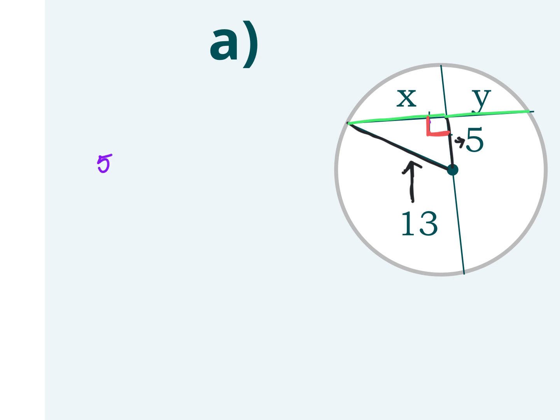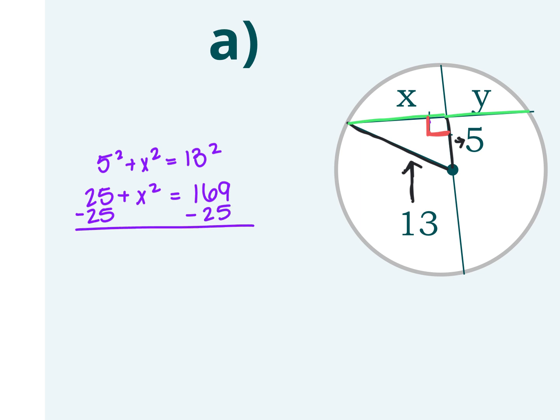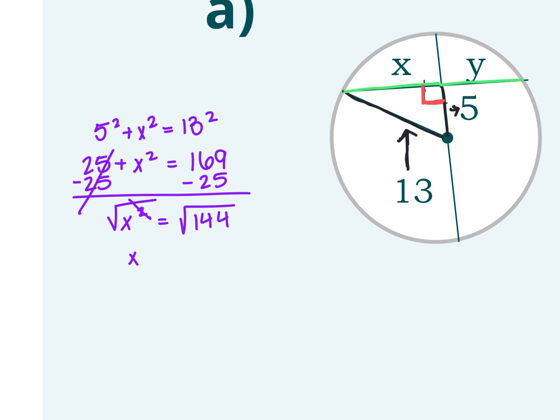So I'm going to use 5 squared plus X squared equals 13 squared. 5 and 5 is 25, plus X squared equals 169. And subtract 25 from both sides. I'm going to get X squared equals 144 if you subtract it correctly, and then I'm square rooting it to get rid of that squared. So X is going to equal